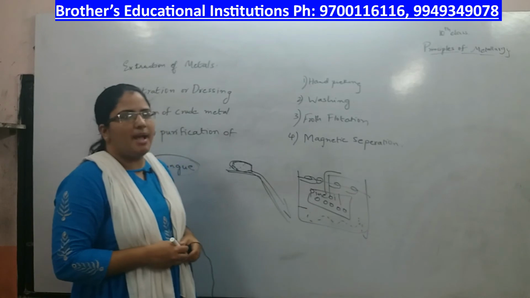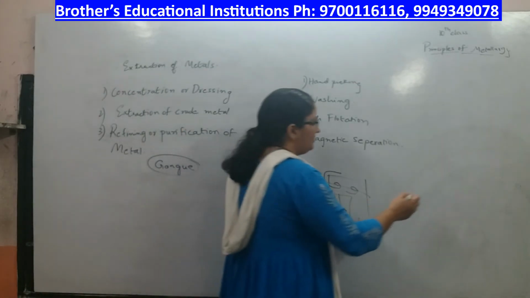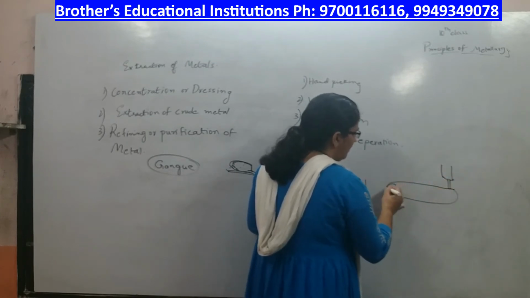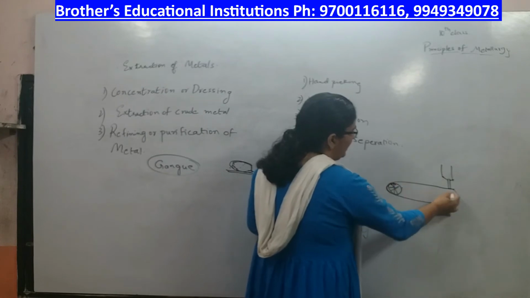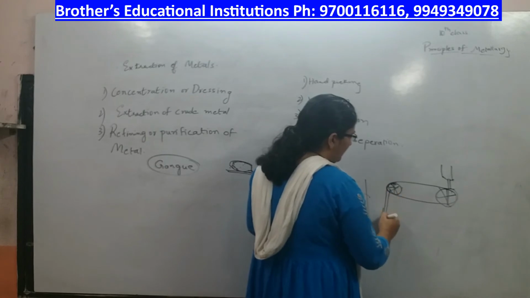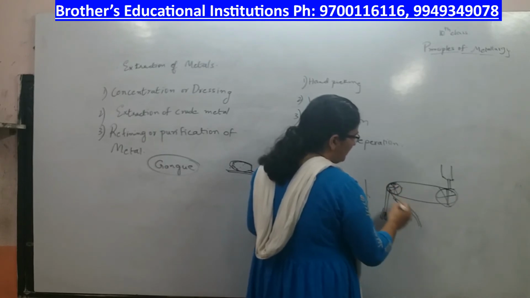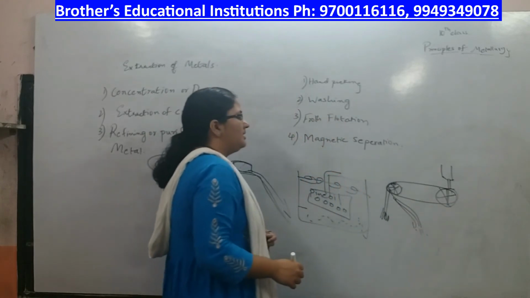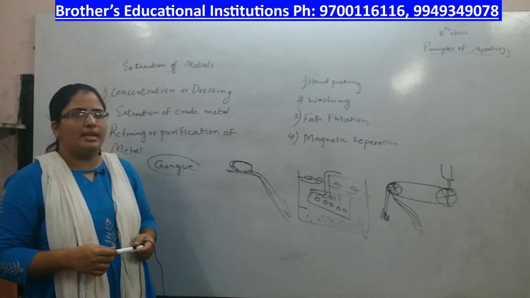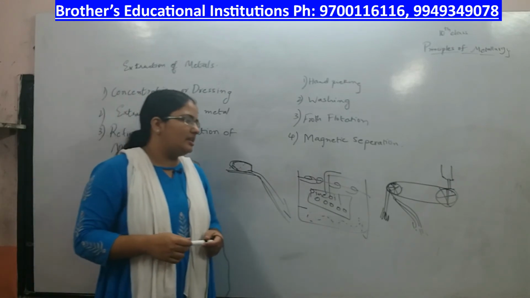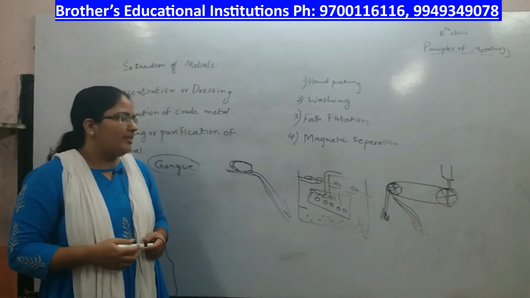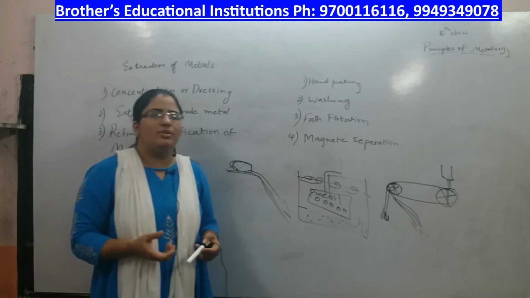The next one is magnetic separation. In magnetic separation, the ore particles and crust are made to pass through a magnetic wheel. So this is the magnetic wheel and this is the non-magnetic part. The non-magnetic materials will fall here and the magnetic materials will be separated and fall here. So this is how the magnetic and non-magnetic materials are separated from one another. Then from the non-magnetic material, if you want any metal, you can extract it, or if you want any metal from the magnetic material, that also you can extract.